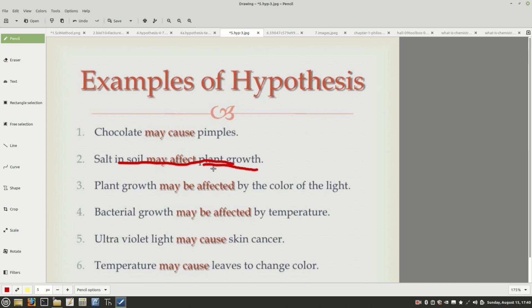And so that means by altering the amount of salt, maybe there's an optimum amount, somewhere in the middle. That way you're safe in this hypothesis to say this, and all you have to show is that when you alter the salt amount, it does alter the growth. You didn't say up or down. So that's a key later on for setting up some of these hypotheses: make sure you're careful what you say, because it might be very easy for you to make a mistake.